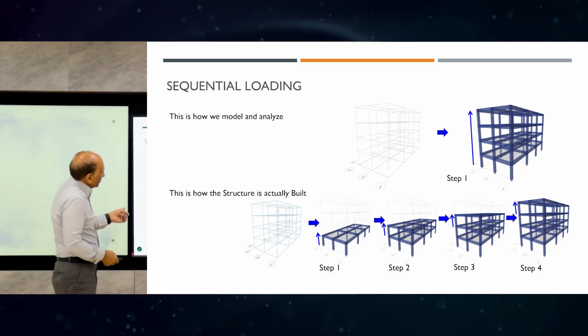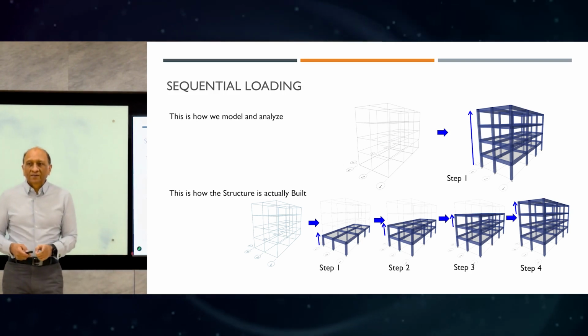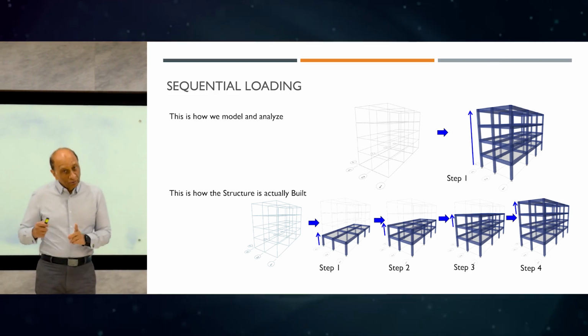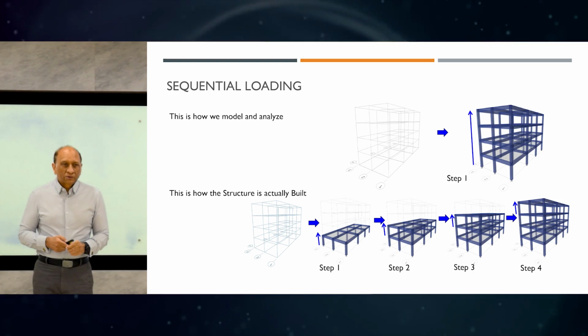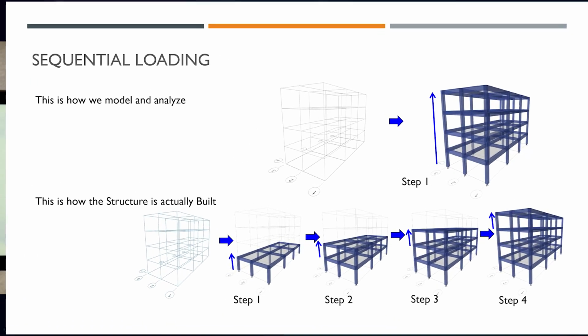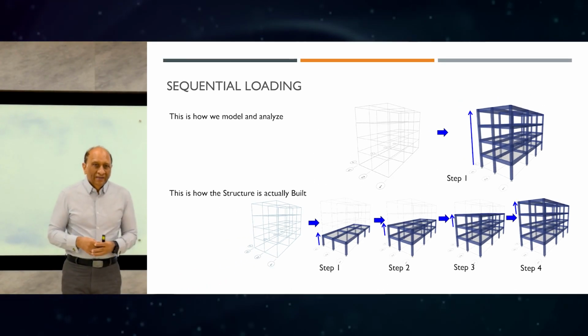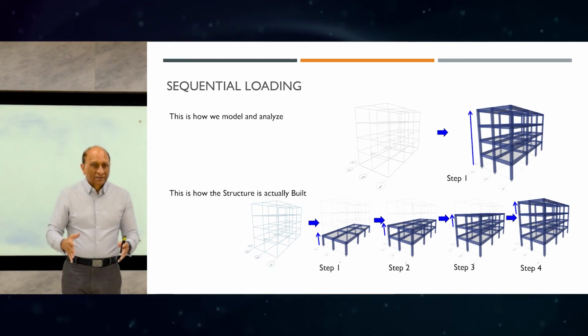Second one is the sequence of loading of dead load, which is very critical for tall buildings and also for bridges. For a short building it doesn't matter. But when you make a tall building, they will construct one floor first, then another floor on top of that, then another floor, until they finish the whole building. But most people who are not familiar just create the whole ETABS model